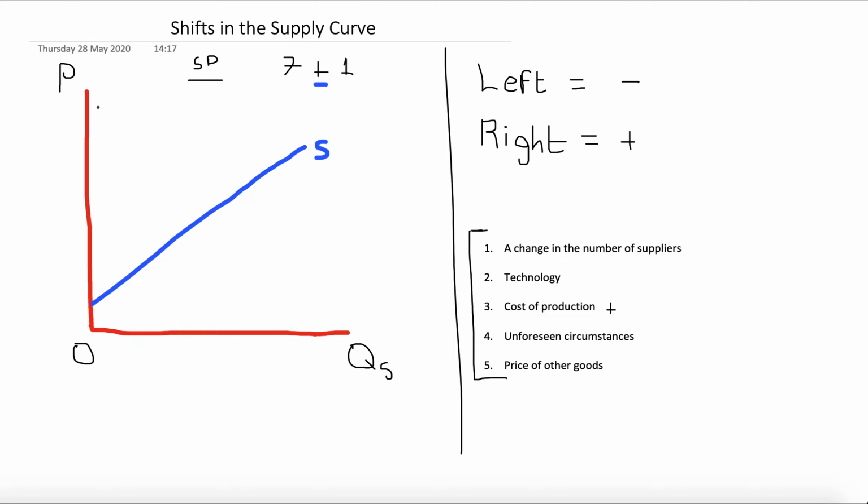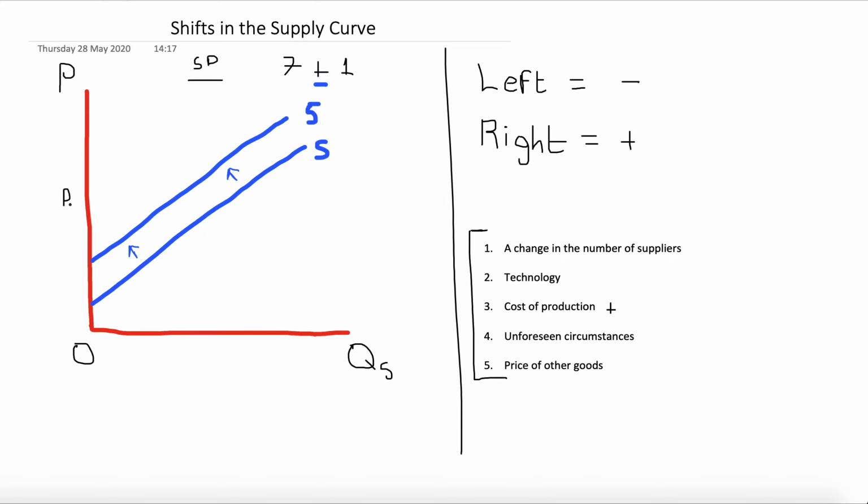Okay, so the cost of production is increasing. Firms are going to supply less, okay? If the cost of production increases, firms supply less. So the supply curve shifts to the left,